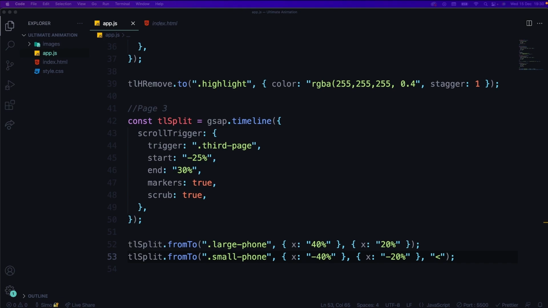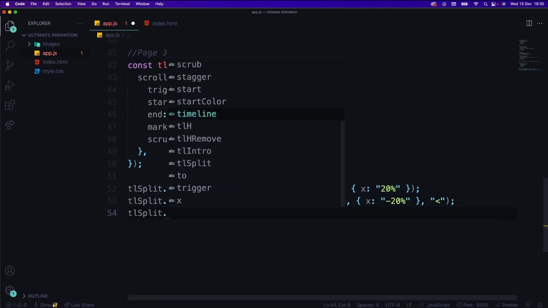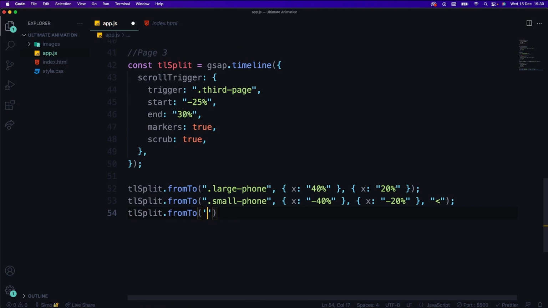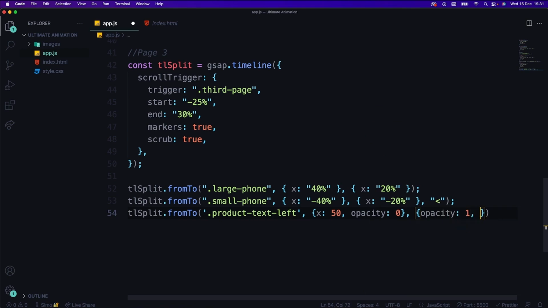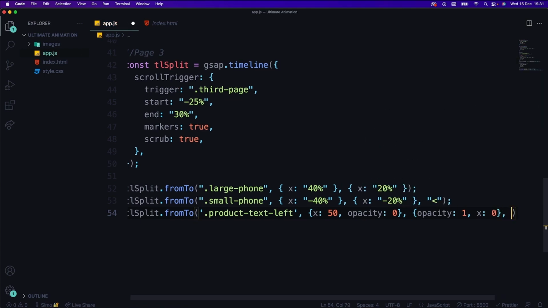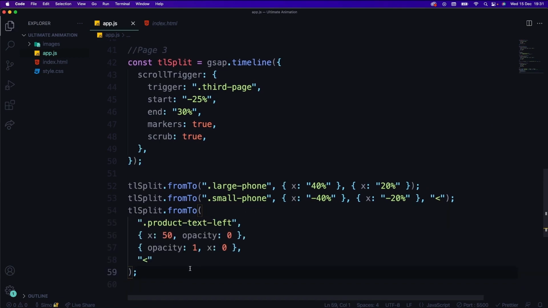Now, same thing with the text. So all we have to do is grab the TL split dot from to, grab the product text left, and I'll just move it x50, opacity 0. So we'll grab that and then transition it back to opacity 1 with a x of 0. Okay, and we're gonna play this at the same time as well. So I'm just gonna add a smaller than symbol,